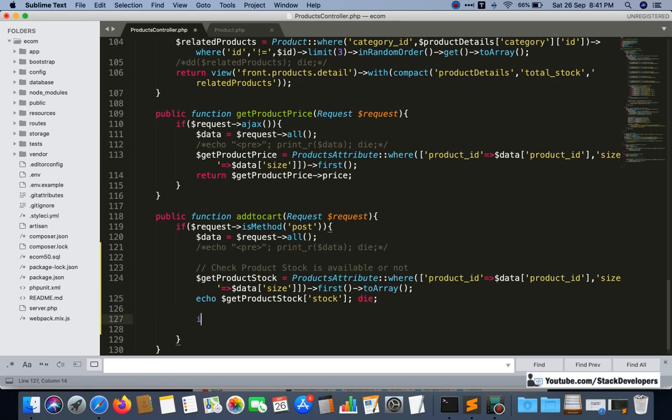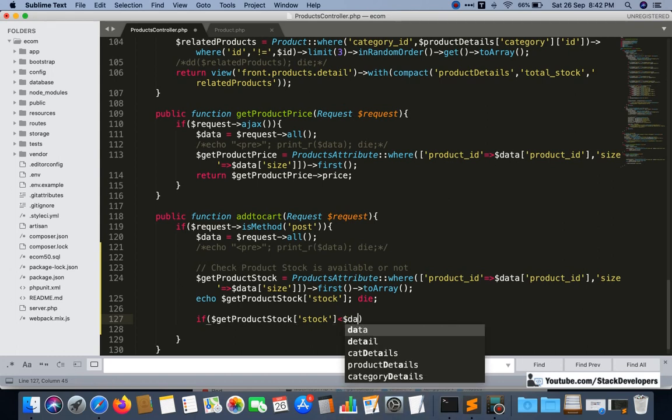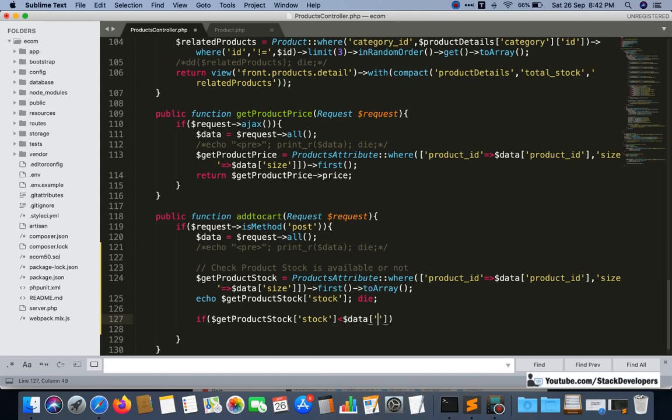We are going to do one thing here. If $get product stock, means product stock, is less than the user stock, this is the user stock. Okay, if it is less, means the stock that is available is less than the stock that is demanded by the user, then we will show the error.